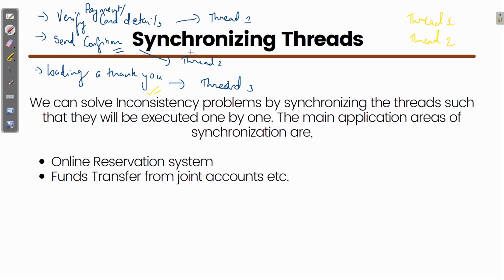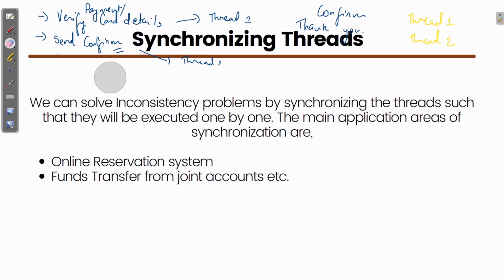You can imagine how difficult that would be, and so you can understand how important synchronization of threads is, how much we need it.